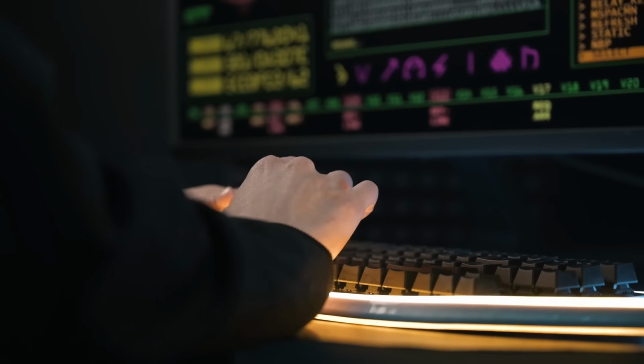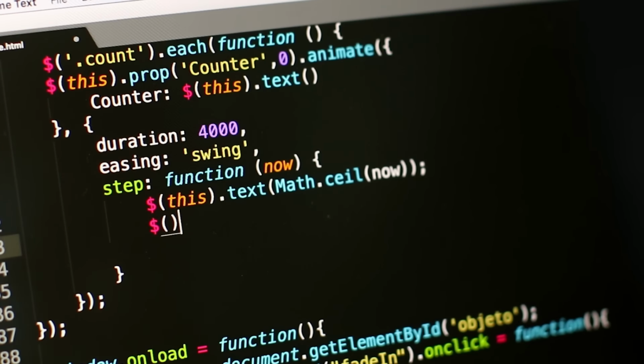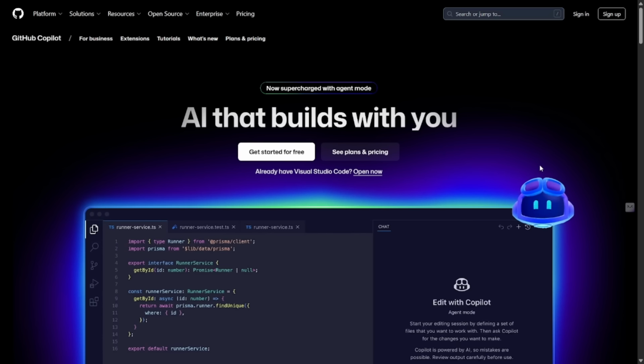Imagine typing just a few letters and having full code appear instantly. GitHub Copilot makes that possible. In this video, I will show you how to install, set up, and use Copilot to code faster and smarter